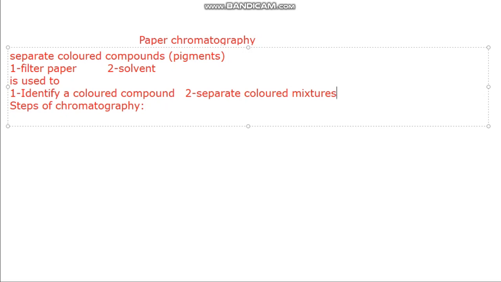If we have colored mixtures, for example cocktail juice, and we want to identify the number of fruits inside this cocktail. For example, I have a cocktail juice. Cocktail consists of orange, strawberry, banana, apple, and so on. How many components, how many fruits inside this